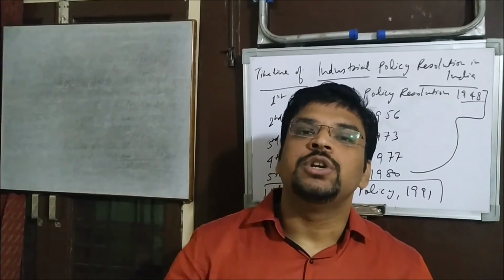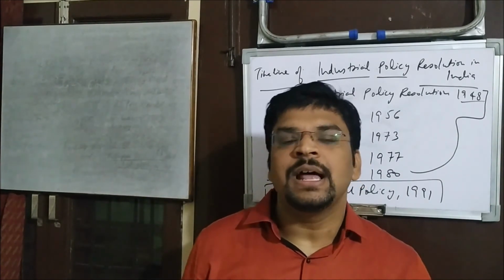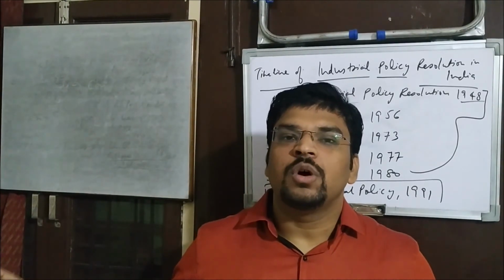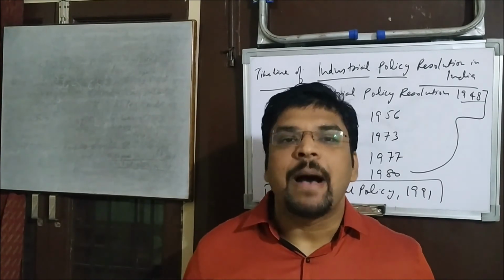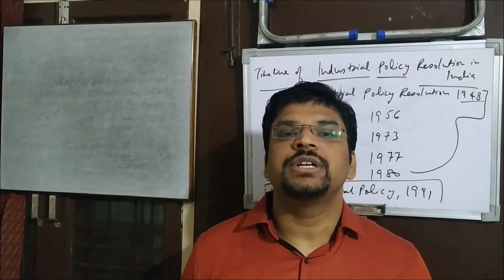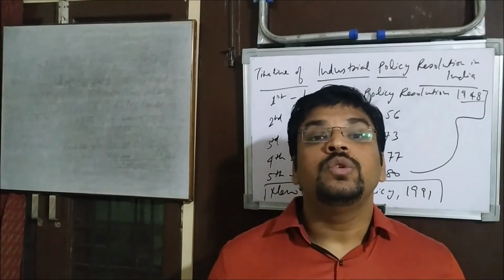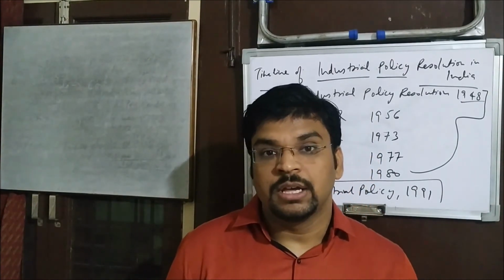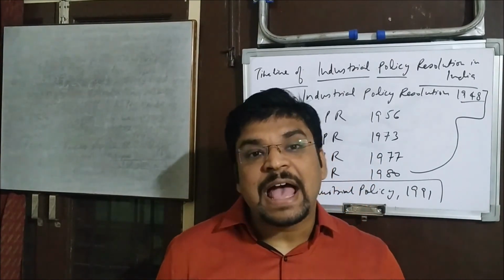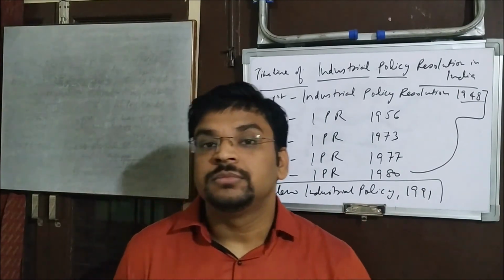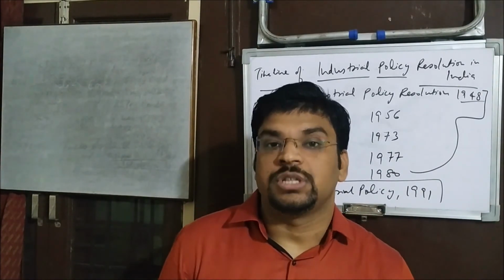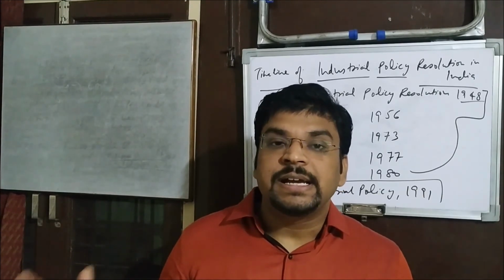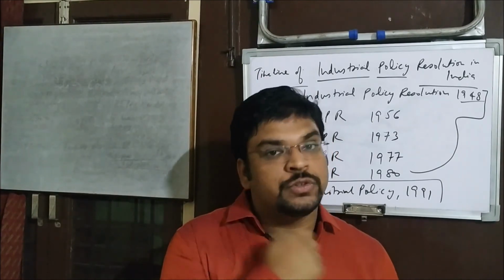Because there was dominance of the public sector over the private sector, and the public sector units were running in loss, whatever reserve the government had became empty. Now the situation came to taking loans from international institutions or other countries. That was happening, and it went on till 1991, before the new industrial policy was announced. What was the exact situation? What was the data of that time? I would like to discuss it with you all.